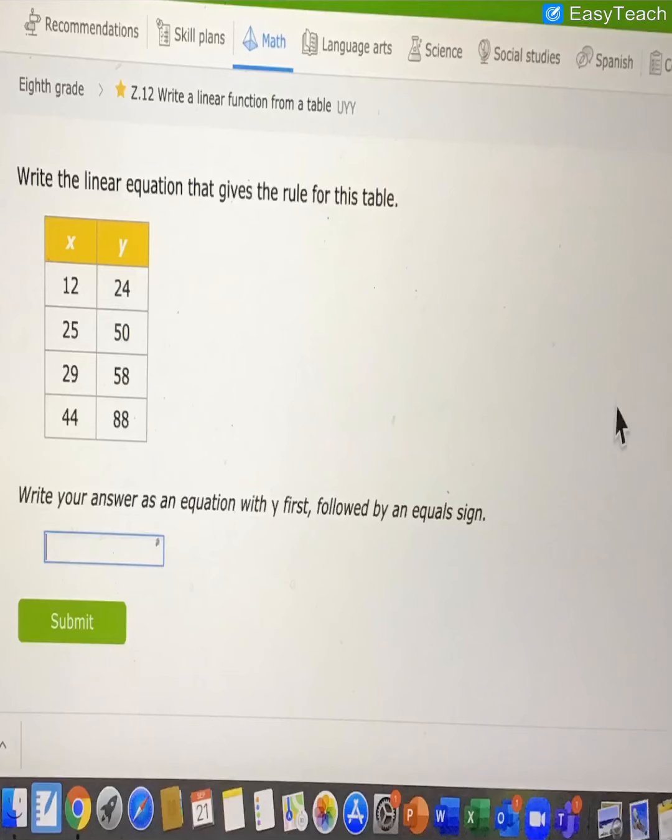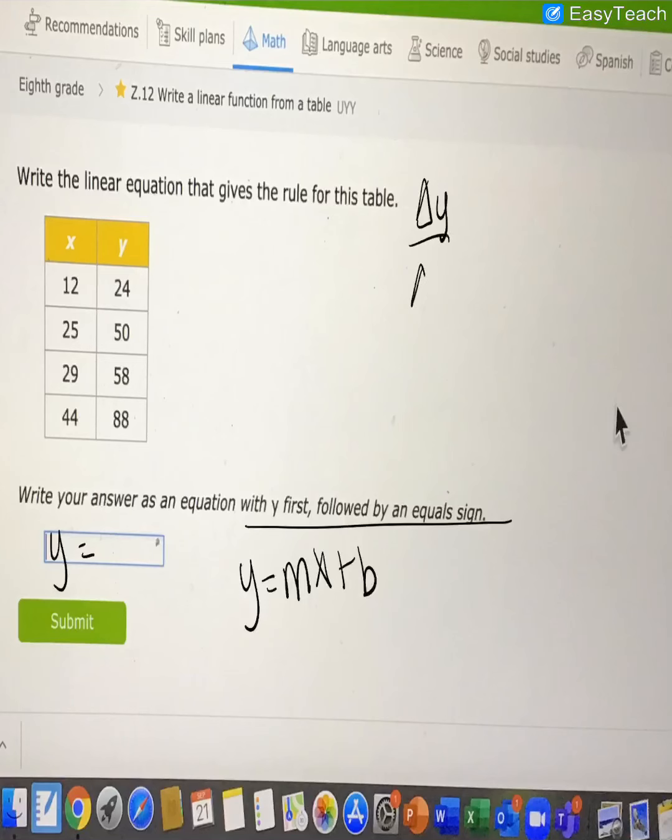Now, this one is going to be a little different. So again, we're writing this with y first, followed by an equal sign. We know y equals mx plus b. That's what we're going to look for. So we have our change in y over change in x. Our change in our y value, it looks like between 24 and 50, we are adding 26,